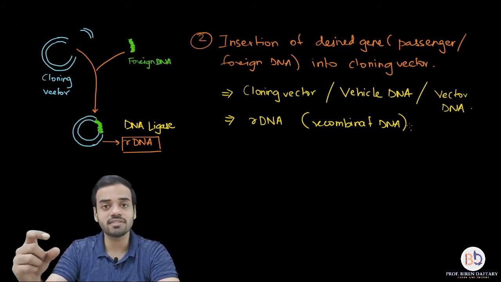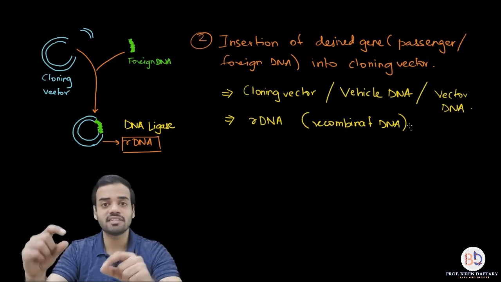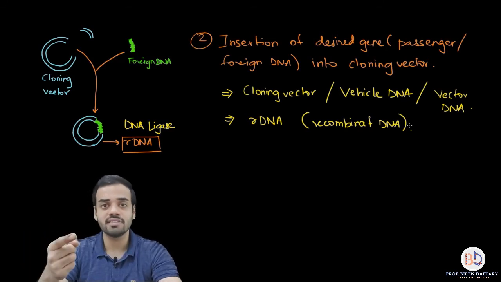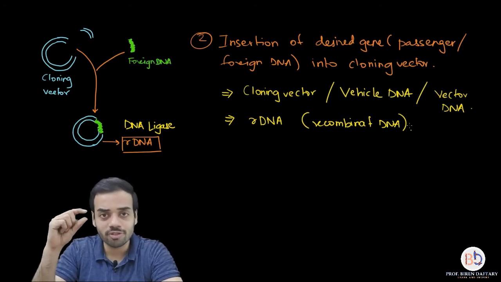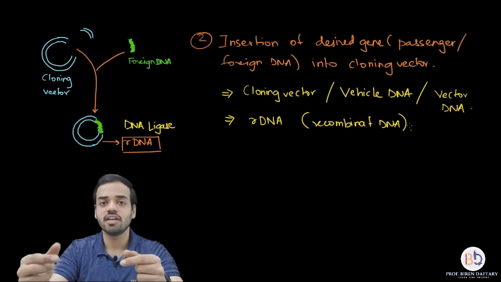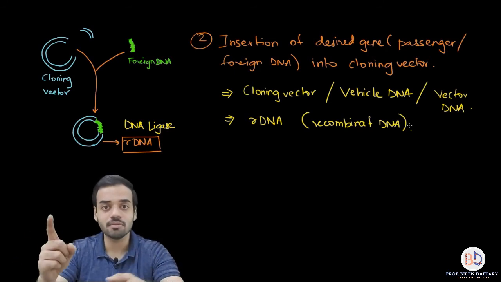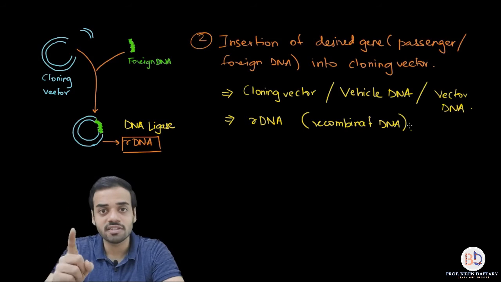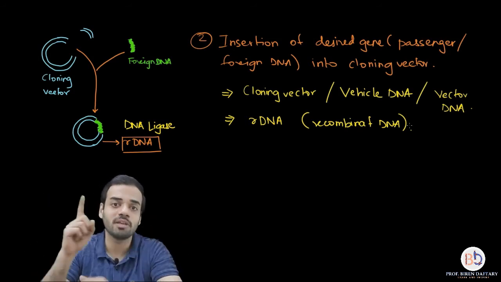And when you do this, these are basically liquids and single celled organisms, and plasmids and all these things are very, very small, so you cannot actually see them. You are just mixing different liquids according to instructions and you don't know what is actually happening. So please remember, you are not just taking one single plasmid, you are cutting it with restriction enzyme, you are cutting the DNA, you are forming one recombinant DNA.